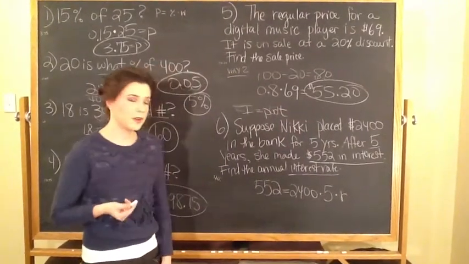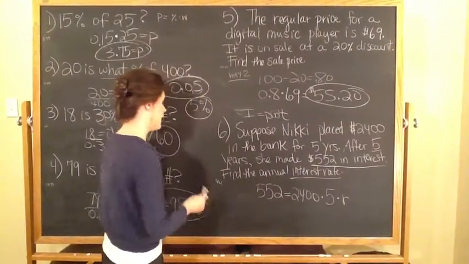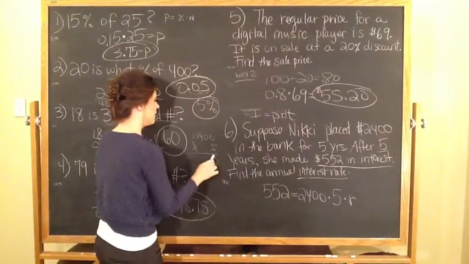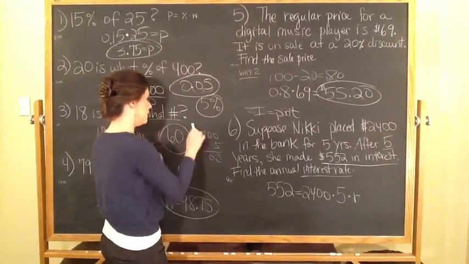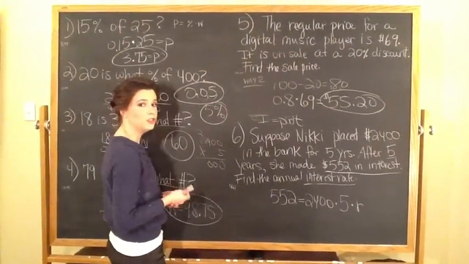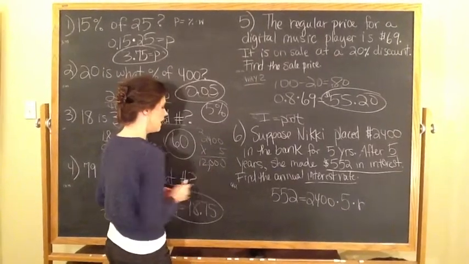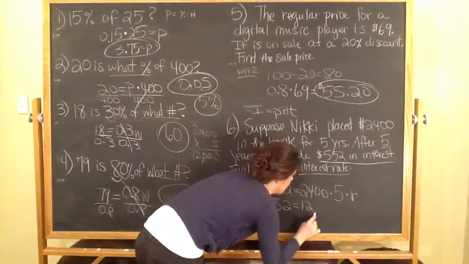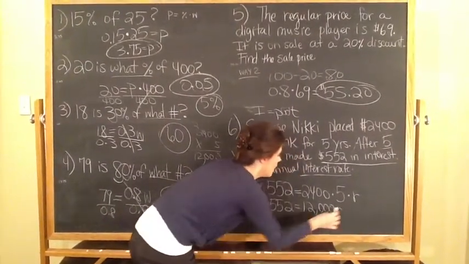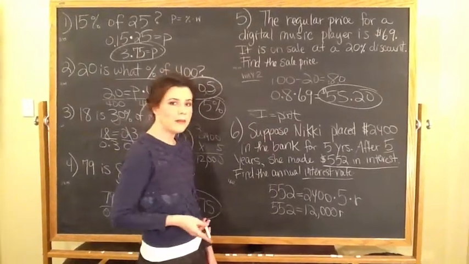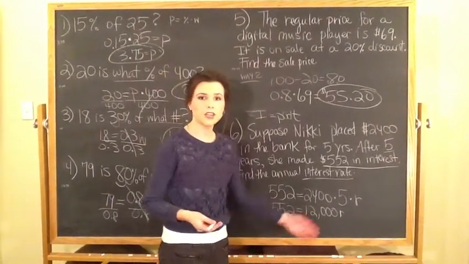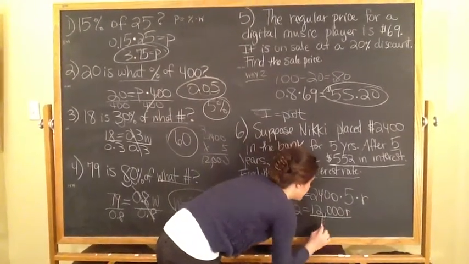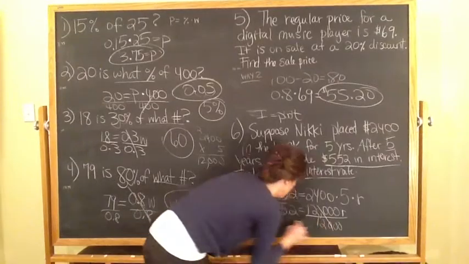Basically, the first thing we want to do is do 2,400 times 5. So if I did 2,400 times 5, we're going to get 0, 0, 4 times 5 gives you 20, and then 5 times 2 gives you 10, plus 2 gives you 12. So we have 12,000. So we have 552 equals 12,000 times R. Since 12,000 is being multiplied by R, we want to divide by 12,000 to undo it on both sides to find our missing variable. So we're doing the inverse operation. We're going to divide on both sides,